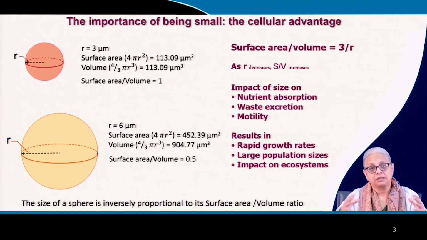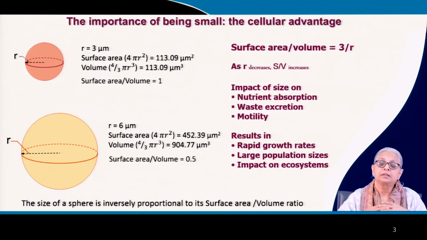So what does that mean? If the organism is bigger, then the surface area by volume ratio is less. So is there an advantage in being small? The answer is yes, because as the radius goes down, the surface area to volume ratio is